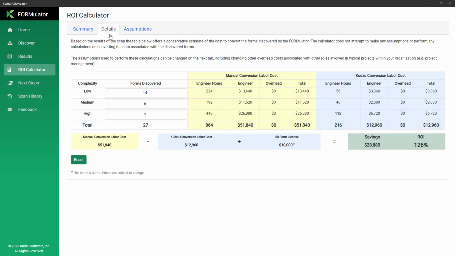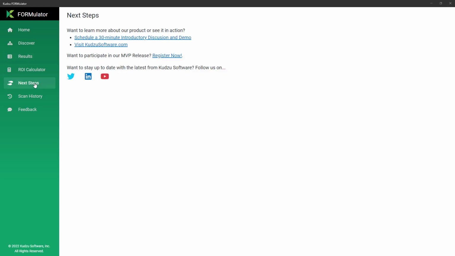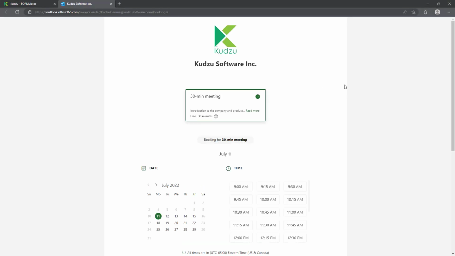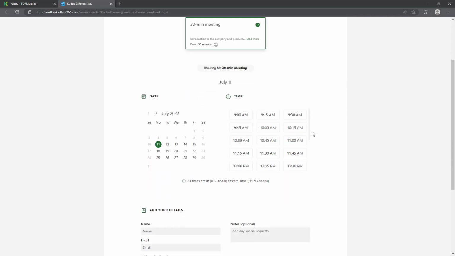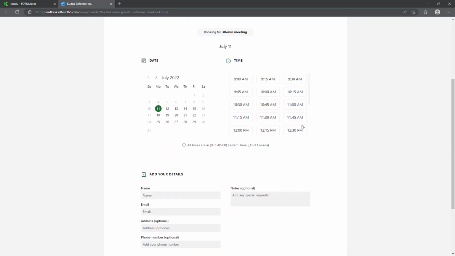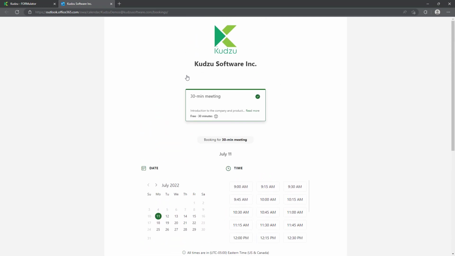If the numbers still look good, we have a nice little next step tab here. You can click on this one. It'll bring you to our Microsoft Bookings page, or you can go in and just say, hey, give me 30 minutes, and this is basically the availability of someone on our team on any one of these days. So you might get me, you might get Eric, you might get Ron, you might get somebody else on the team,